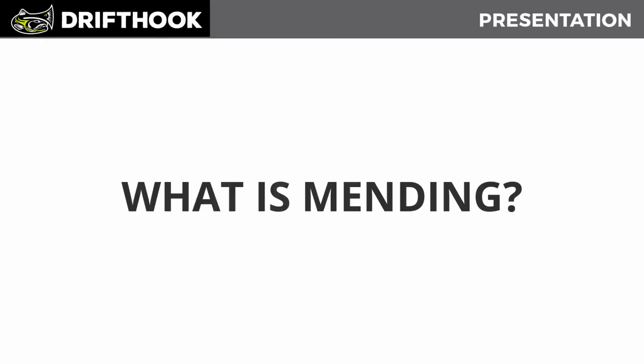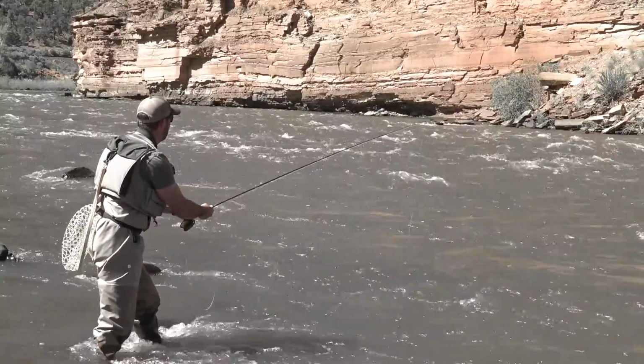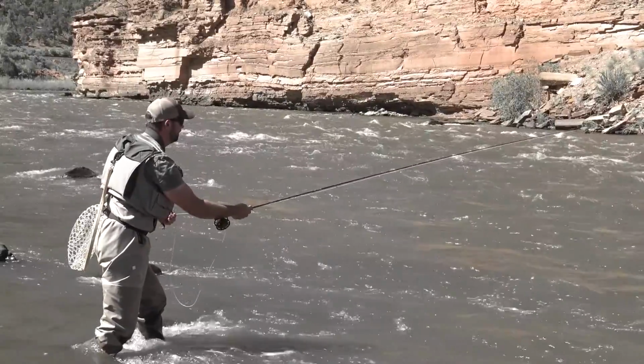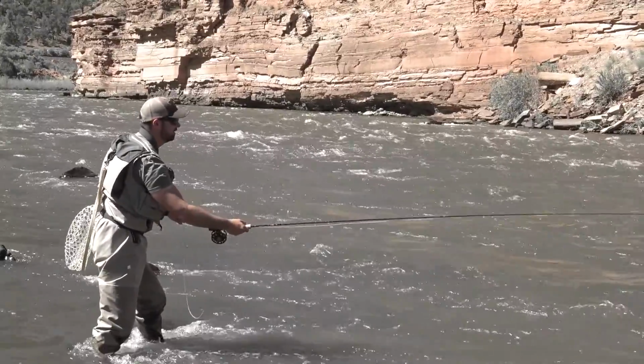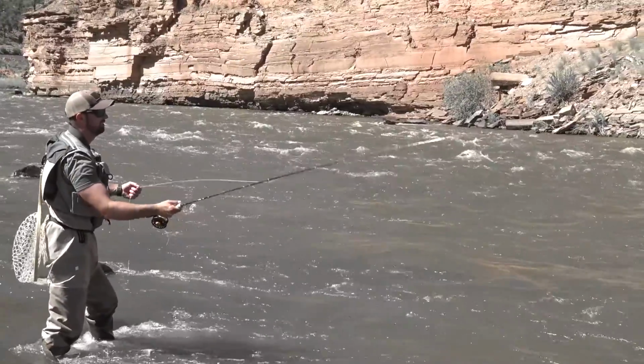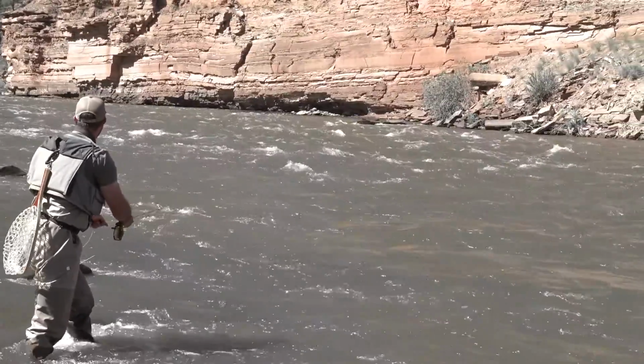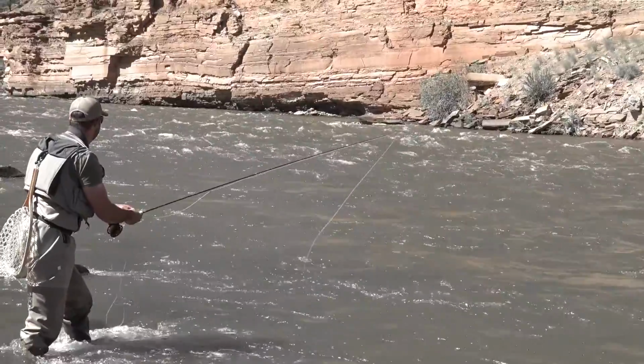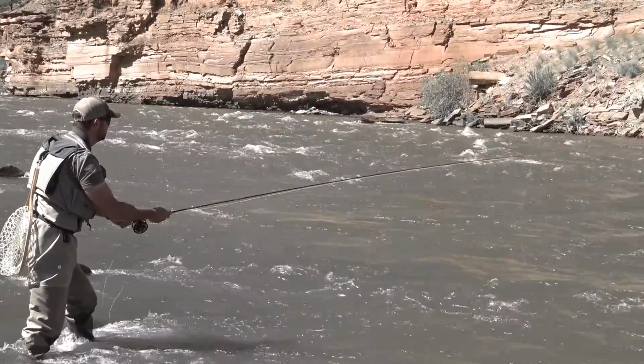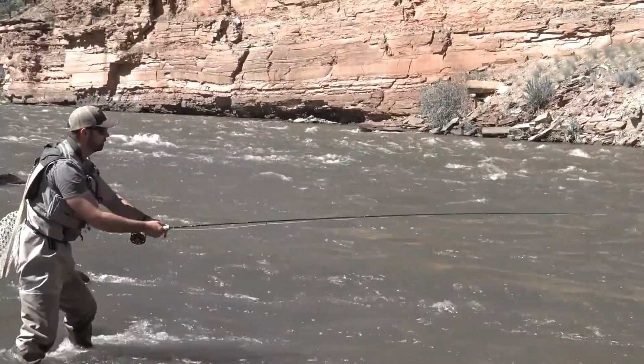So what is mending? The idea is to keep a tight line between your rod and the fly without disturbing the dead drift. When your fly is upstream, you need to strip the line to make sure it is tight enough to set the hook when you have a hit. Mending is when the fly line is past you heading downriver and you need to adjust it so it doesn't buckle up and cause a drag to your fly on the way down.